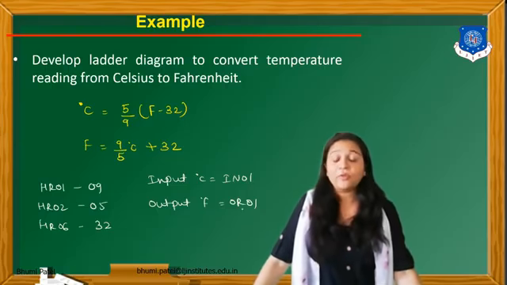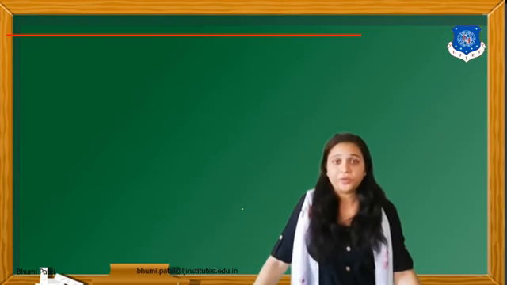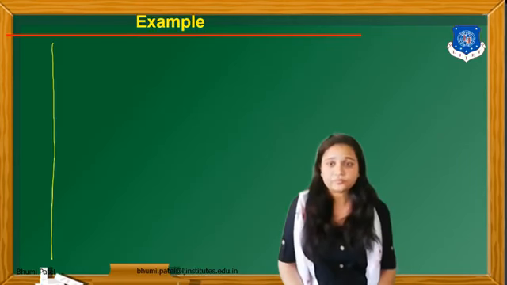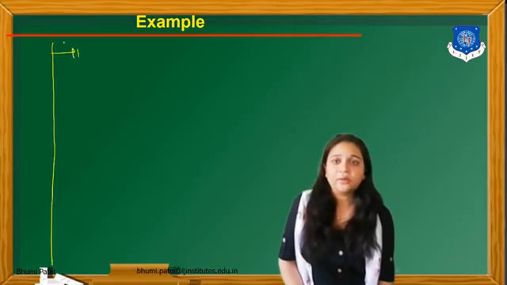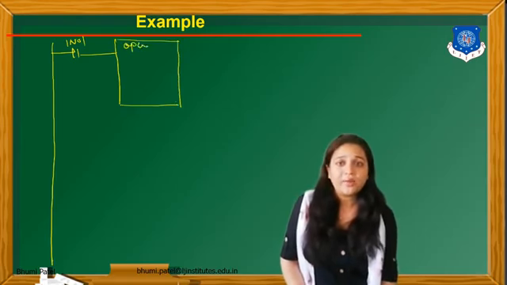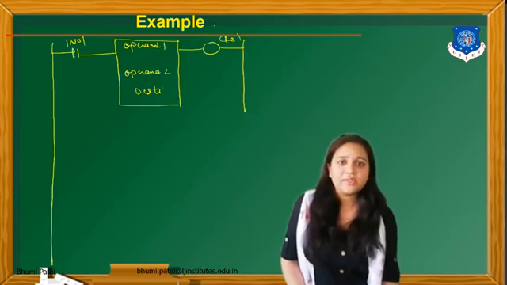So first of all we have to divide 9 by 5. So draw the ladder diagram for this example, starting from the division instruction. Take one input, IN01, then draw the block for the division instruction. For division you compulsorily have to take two operands, operand 1 and operand 2, and whatever answer there is, we save in the destination. CR01 is the output, and the command for division is DV01.